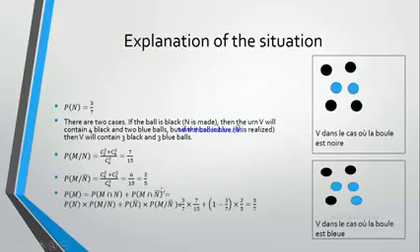And finally, the probability of the event same color is P of M intersected with N plus P of M intersected with N bar, which is P of N times P of M given N plus P of N bar times P of M given N bar, and the answer is 3 over 7 times 7 over 15 plus 1 minus 3 over 7, which is the probability of N bar, the complement of N, times 2 over 5, and the answer is 3 over 7.